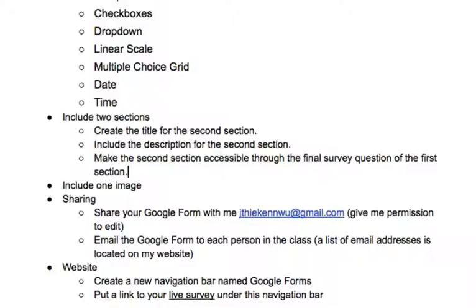Okay, and then I want sharing, so I want you to share your Google form with me. So my Gmail, right, give me permission to edit. So I want you to share the form with me. Okay, this isn't the live link. I want you to go to your Google Drive and then share that link with me. Okay, and then I also want you to email the form to each person. And now when you email, you're going to email the actual preview link. Okay, so this one,